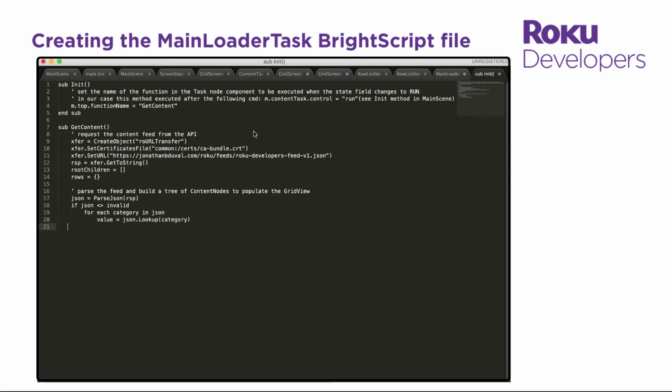We'll check the type of each value. So for the roArray objects like the series, movies, and short form videos, we'll add them as separate fields in the rows associative array. Now let's parse each item in the roArray objects and push them into separate arrays in the rows associative array. For this channel, we're only interested in movies and short form videos, so we'll add code to ignore any